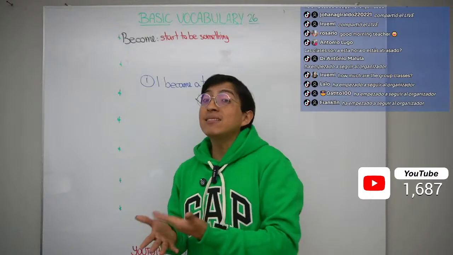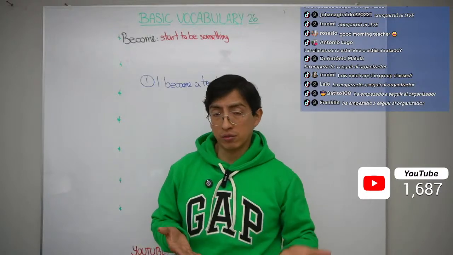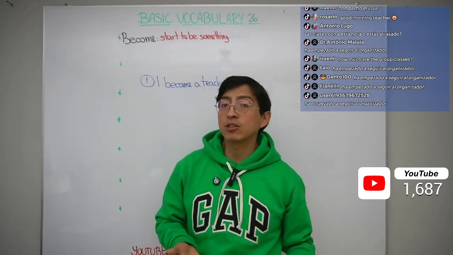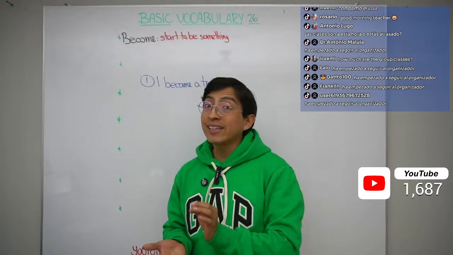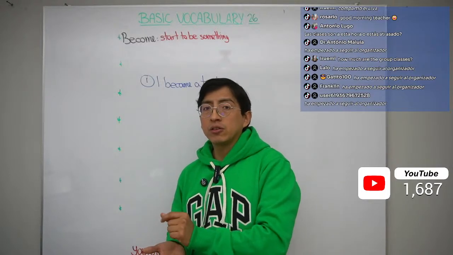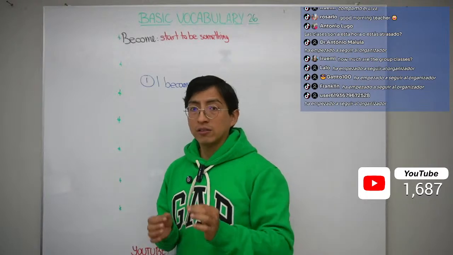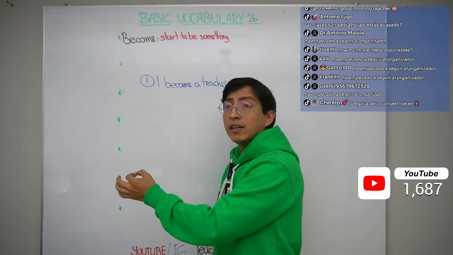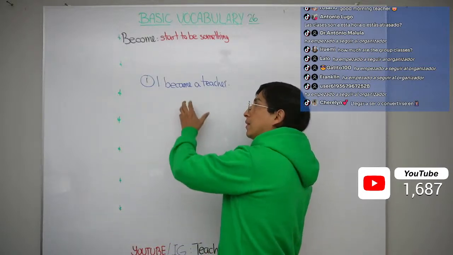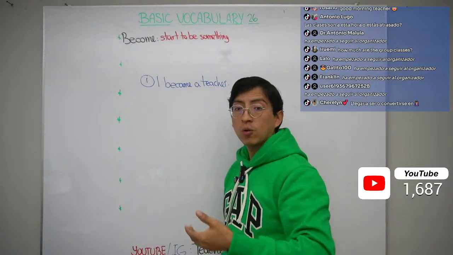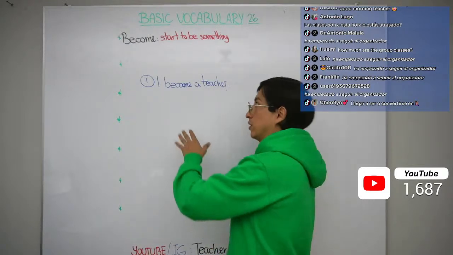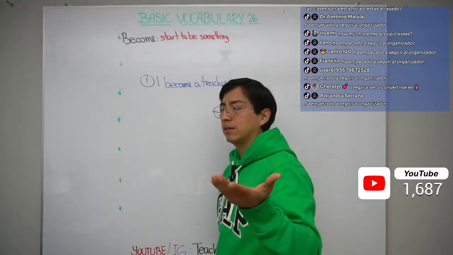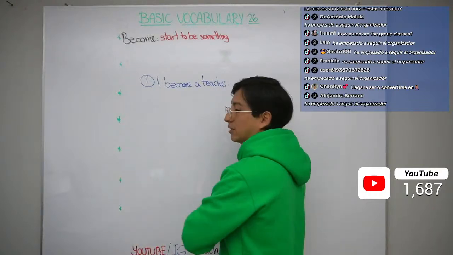Okay, you can study medicine if you want to become a doctor. You can study education if you want to become a teacher. You have to study architecture, okay, if you want to be an architect. So you study something, you study a discipline, a career, in order to become, for example, a teacher. So I became a teacher in this case. I studied a lot. I graduated from university, and I became a teacher.